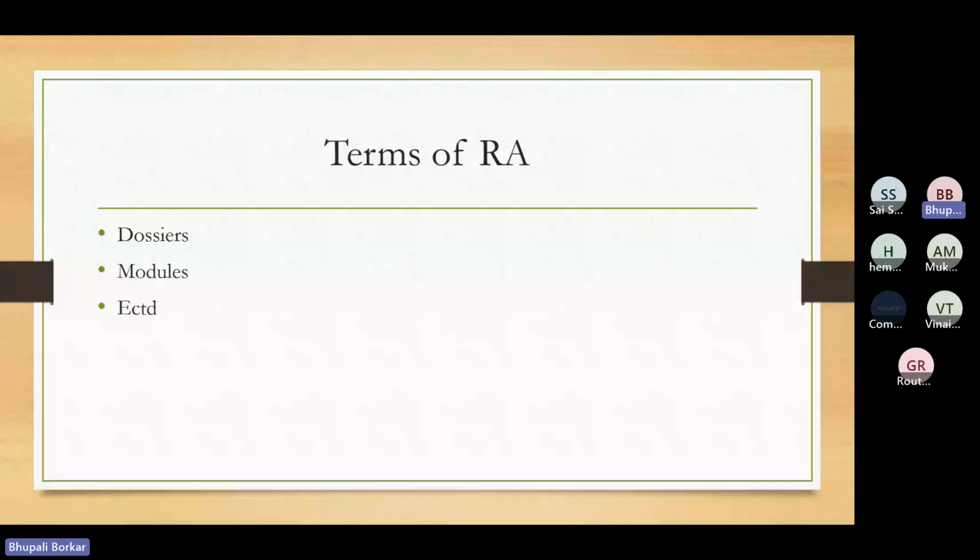Third, we have Module 3, which is very important in terms of the pharmaceutical industry, because all these specifications, analytical procedures, validation reports, then your manufacturing procedure, your critical steps involved in the manufacturing procedure, all these things are present in Module 3, which is mostly related to your quality part.